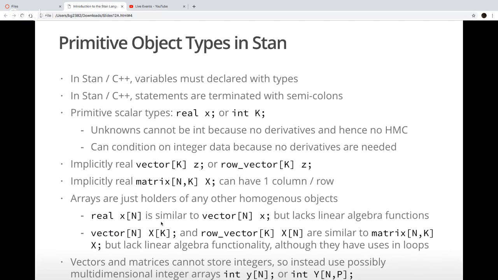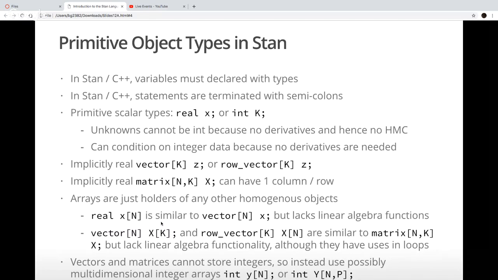Okay, so I said before that vectors and matrices are going to store things with double precision numbers. So if you need to use integers, and you often do for the outcome variable, so if the outcome variable is discrete and you want to use a Bernoulli or something, that likelihood is only going to be defined for integer arguments.